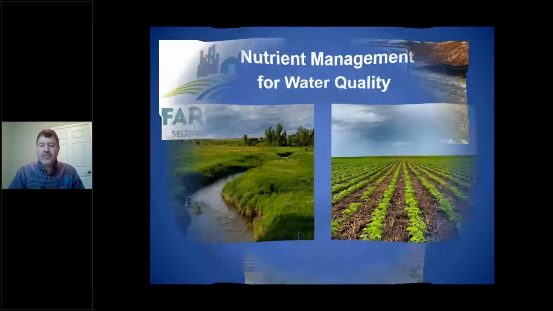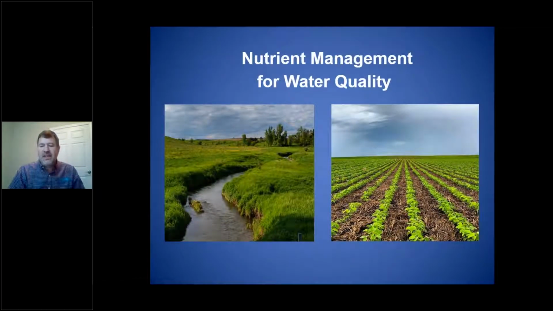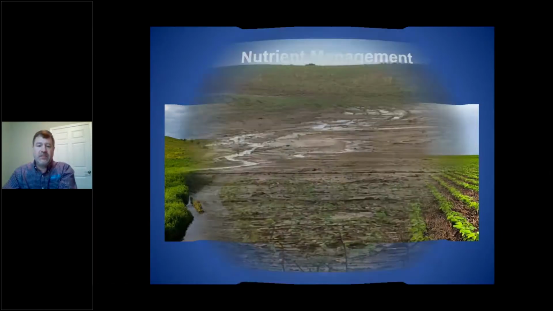So I just throw this on there because, as Chris and I were talking, Zach and I were talking when this started, there doesn't have to be an either-or when it comes to water quality, nutrient management, and crops. We see a lot of that pitted against each other. It's like, well, we can't have a clean environment and have all the crops on the land we have. That is absolutely not true. There's a lot of people that are doing a lot of good things to alleviate the problems when it comes to nitrates and drinking water.